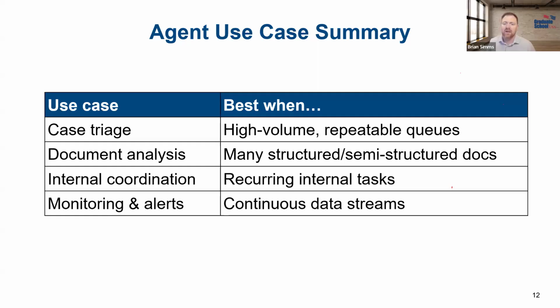Also, document analysis. Agents are well suited for situations that have a bit of structured data, a bit of unstructured data, like forms, reports, and applications, because agents can easily extract, compare, and summarize things, like you maybe have even seen in your own work with AI so far. Internal coordination, like routing requests, scheduling, tracking approvals. These work particularly well because they're recurring tasks and the rules are consistent, right? So we can, with a fair amount of faith, pass off things like that to an AI agent because the boundaries are very clear.